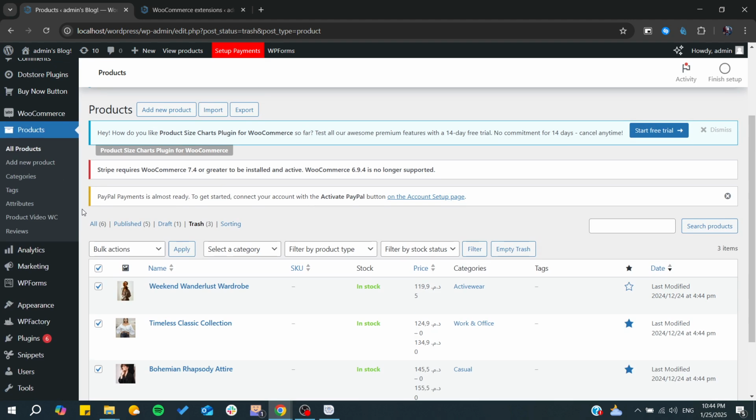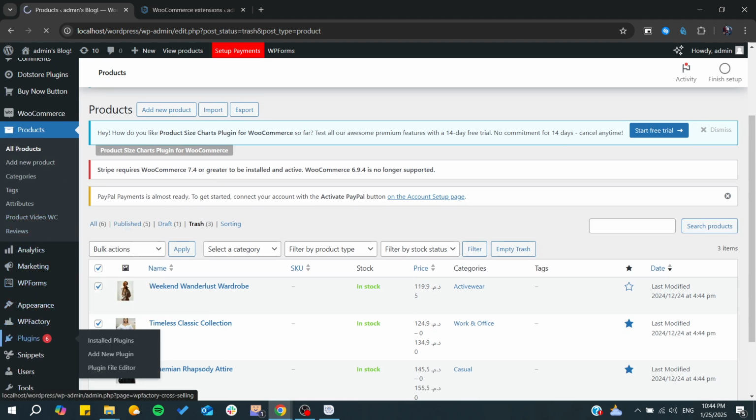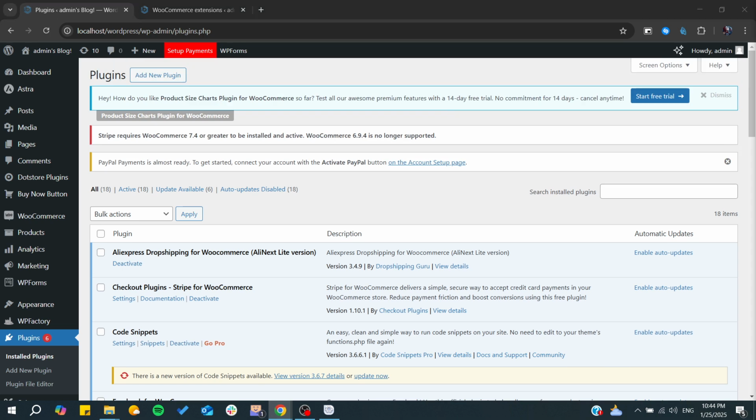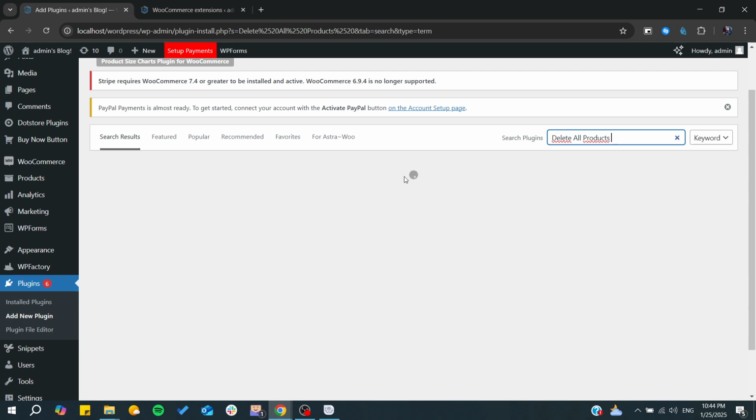Another way to do it, if you want to just have one click, you can search for plugins that will allow you to delete the products from WooCommerce. So basically we can search for some plugins that would do these things, and simply we can go to add new plugin, and after that we need just to search for delete all products, and basically we will wait for